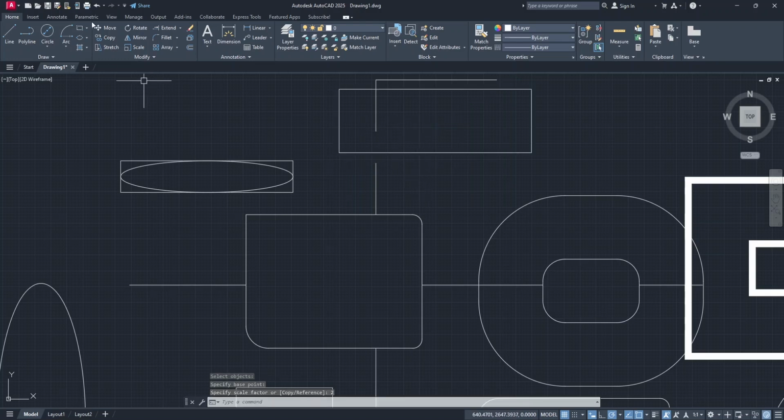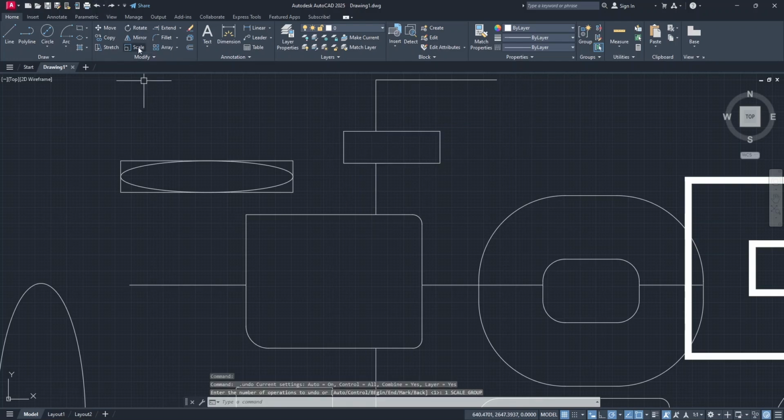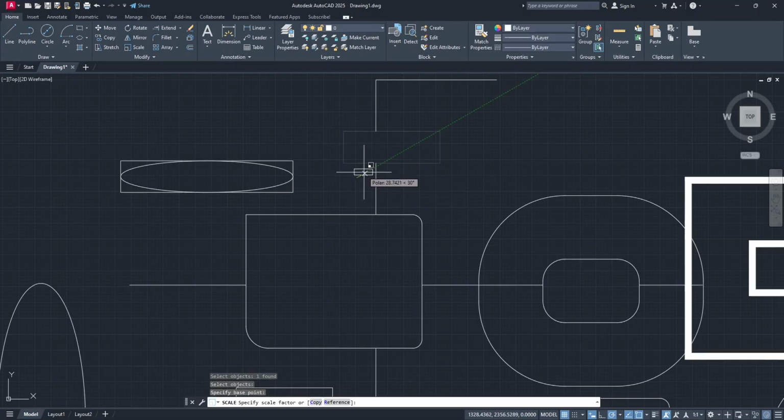Maybe I don't want that. I will just click on the undo, select scale again, select my object, press enter, click, and then make it twice as small, which is 0.5, and then I'll press enter. It will be scaled like this. However, if you don't want to move it from where it is, let's say you don't want to lose it from here, you can undo, select your scale, select your object, press enter, and select this midpoint as the base